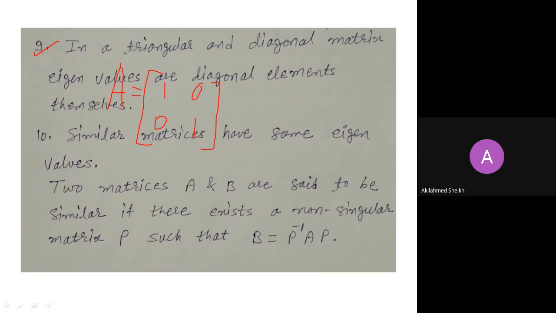But by using formula, we have to find lambda square minus S1 lambda plus determinant of A equal to 0. Then we have to simplify this term. Then we have to find the roots of the given quadratic equation. But instead of that, if we observe the given matrix, we see that these are diagonal elements. So eigenvalues are nothing but its diagonal elements, means lambda will be 1, 1. This applies to higher order matrices also.